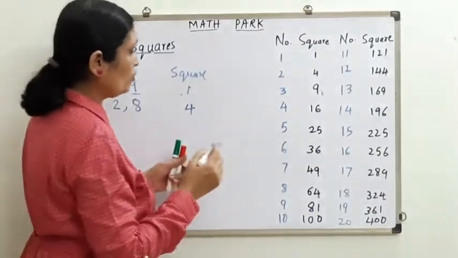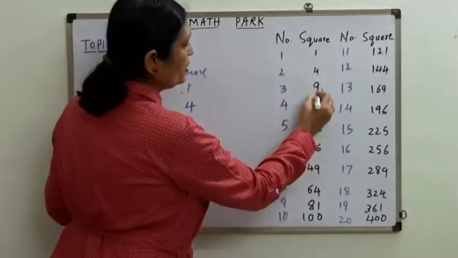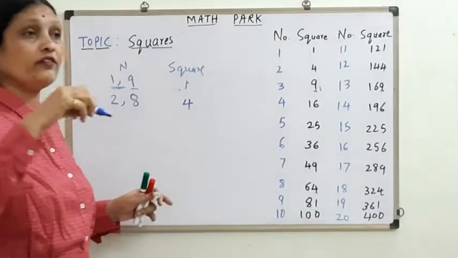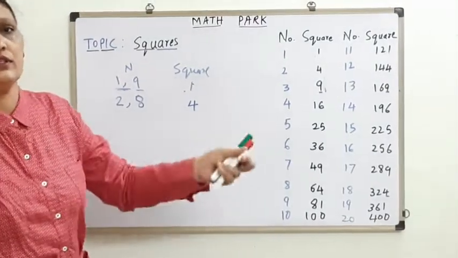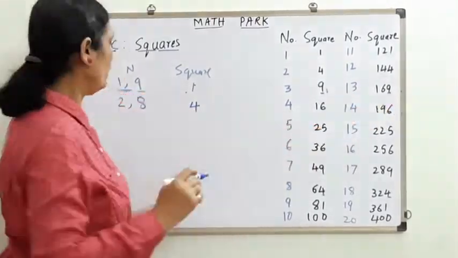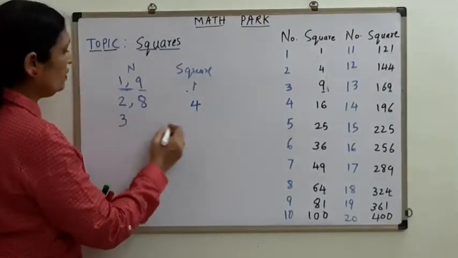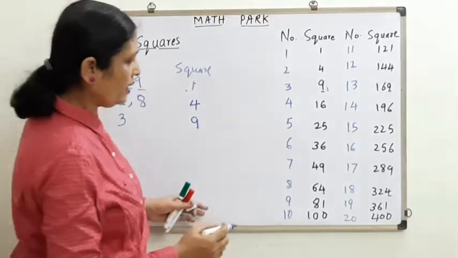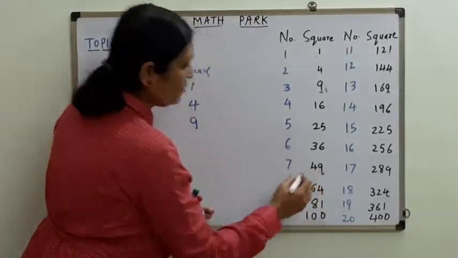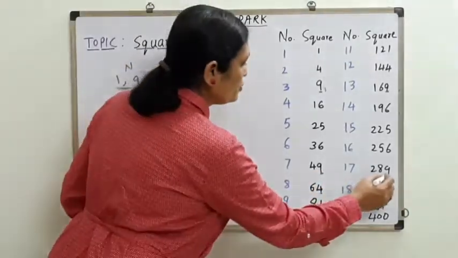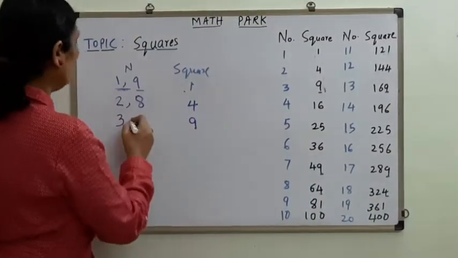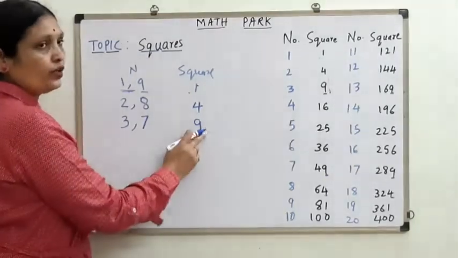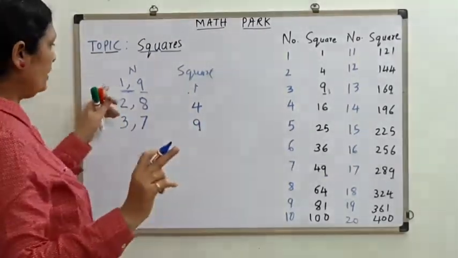Okay, now let us look at the square of 3. Square of 3 is ending with 9 and square of 13 is also ending with 9. Square of 23, square of 33, square of 43, they all will end with 9. So when the number is ending with 3, the unit digit of the square is 9. The same thing happens with 7. Square of 7 is 49 and square of 17 is 289. So any number having a unit digit of 7, the unit digit of its square is going to be 9. Okay, easy to remember, children.